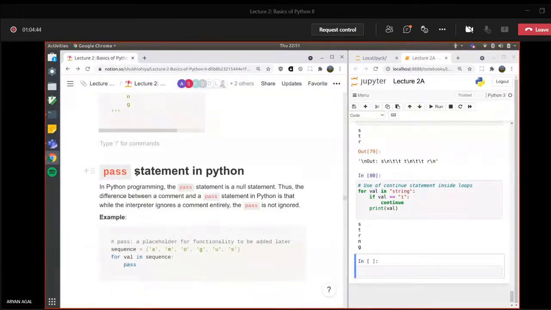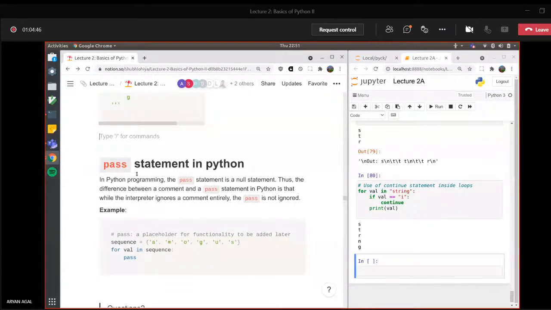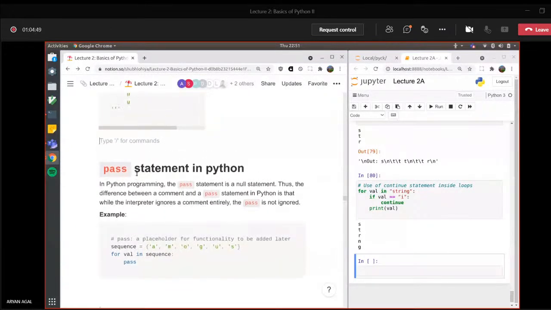Okay, pass statement. This is something new. I'll just go over it quickly. What is the pass statement? Pass statement is a placeholder statement. It does nothing. Okay, it's just meant to be there because once you define a block, say for val in